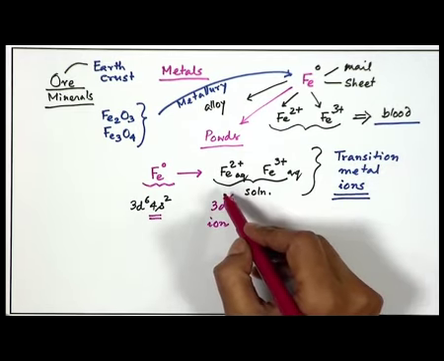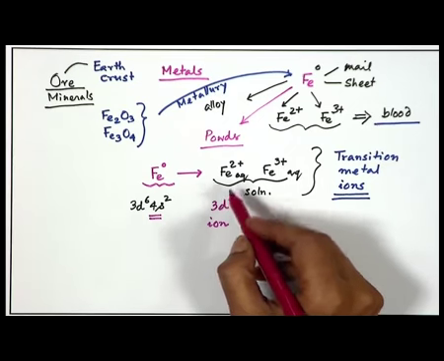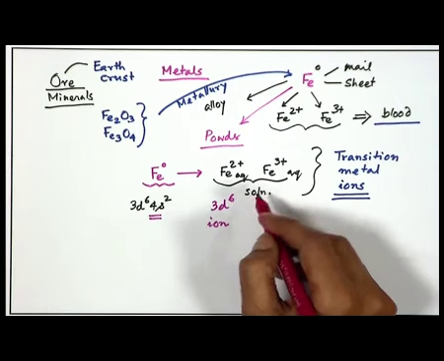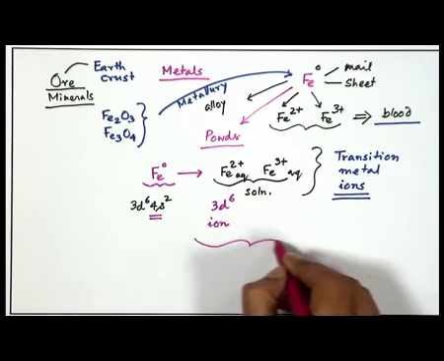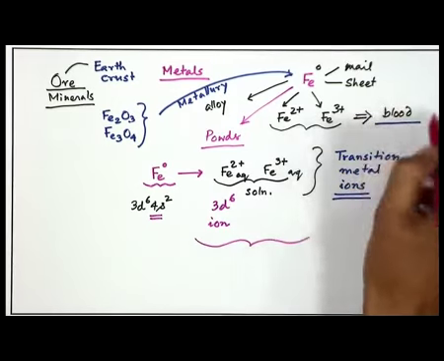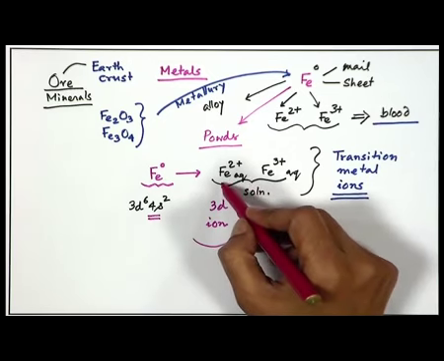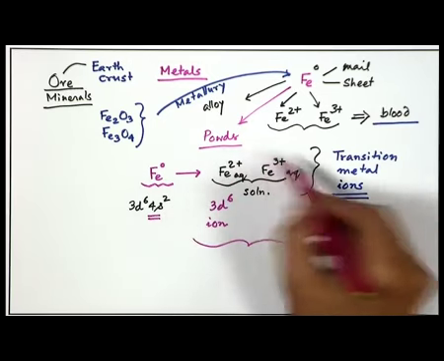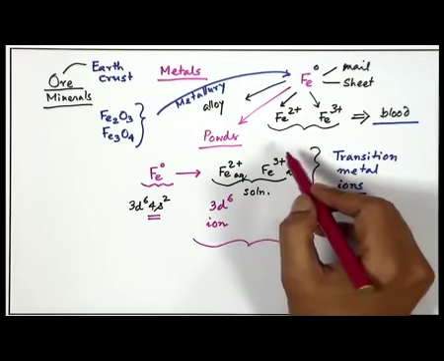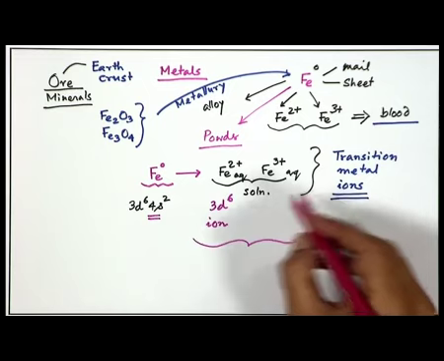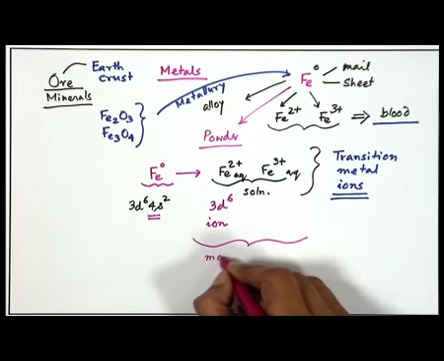So, ferrous is a 3d6 ion, and in this particular case we will see that we have the two most common oxidation states. For iron, we know that in our blood in our body, you can have iron 2 plus or iron 3 plus, or something in between, or something related to its corresponding reduced form of the ferric. So, this Fe3+ and this Fe2+,